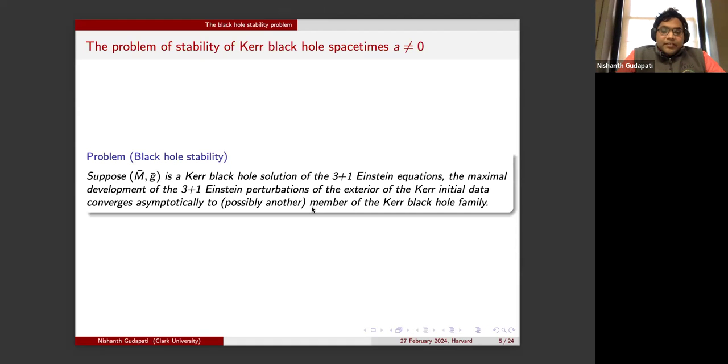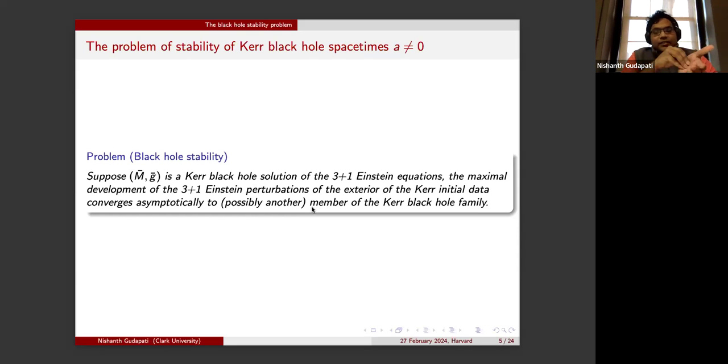So to paraphrase the Kerr black hole stability problem, we have a solution of the Einstein equations. Everybody knows that for us, interested in geometry, it's a manifold with a metric on it, and it's a solution of the Einstein equations. In particular, it's a solution of the Einstein equations in vacuum, I mean, with the source equal to 0. If you choose any suitable gauge, it's a system of partial differential equations.